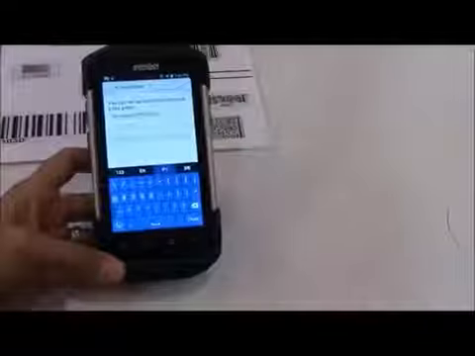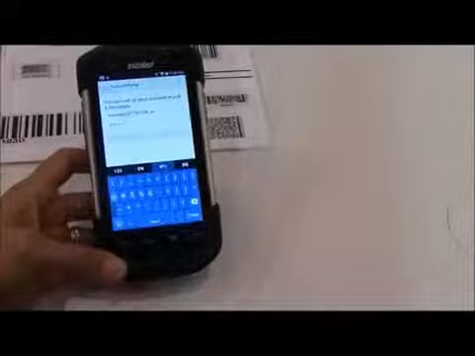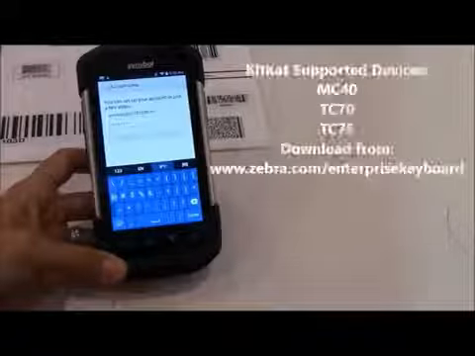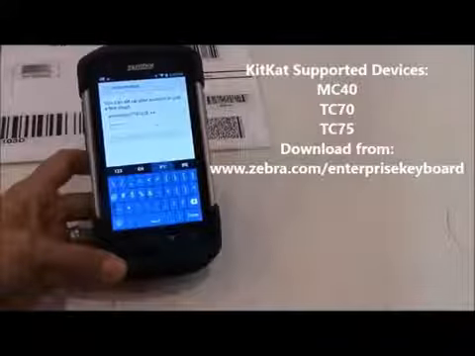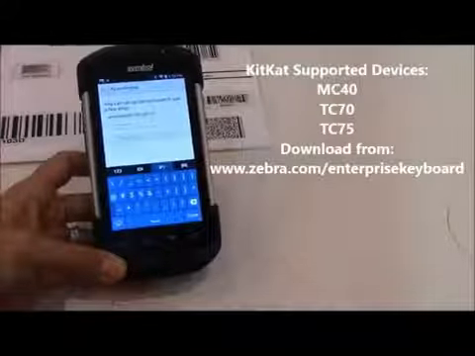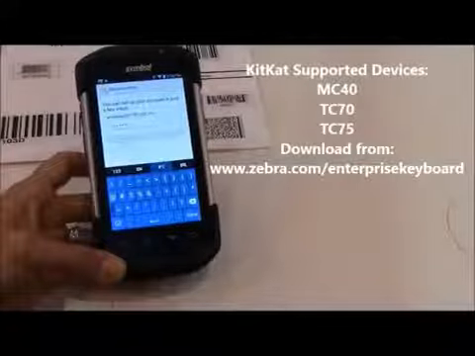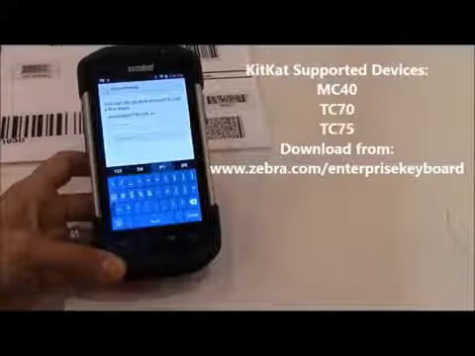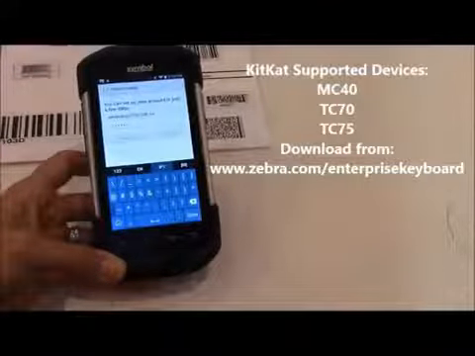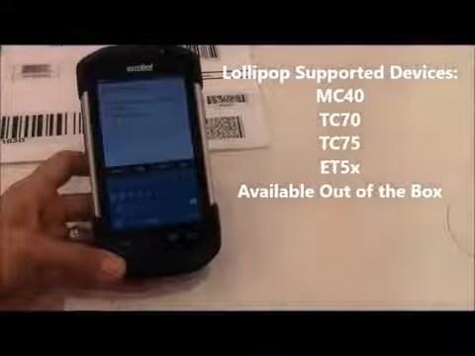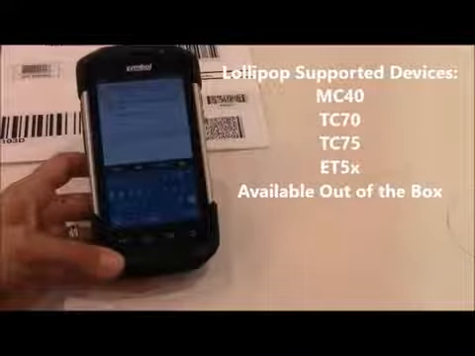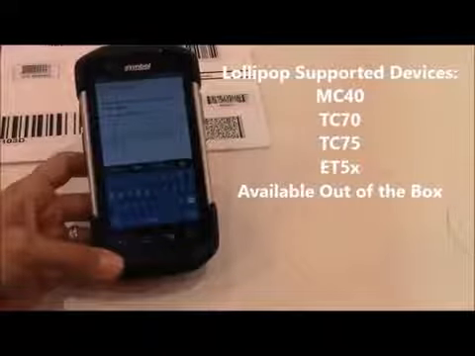It is, like I said, available here on the TC70 with KitKat. On other KitKat devices, the MC40 and the TC75, you can load it onto the device. It's not built into the OS, and you can get it when you go to the support center site on Zebra.com. Our Lollipop devices, right out of the box, MC40, TC70, TC75, and the ET50,